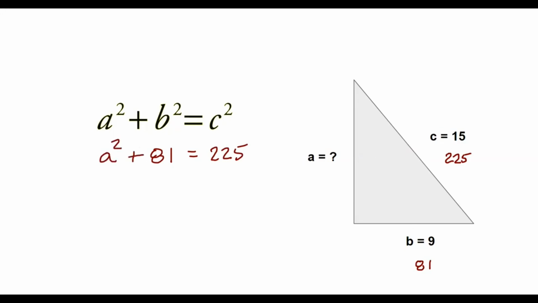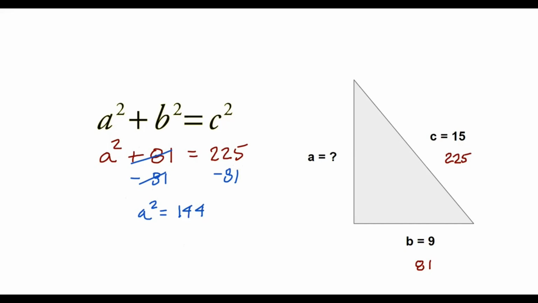So we have to do a little bit of algebra here. Let's subtract 81 from both sides. This is kind of a two-step equation here. That's going to cancel this out, and it's going to leave us with A squared is equal to 225 minus 81,